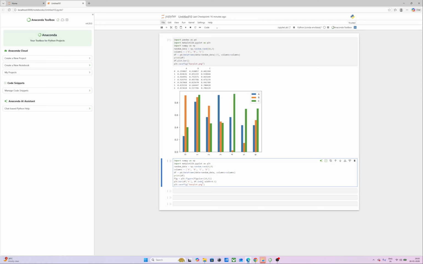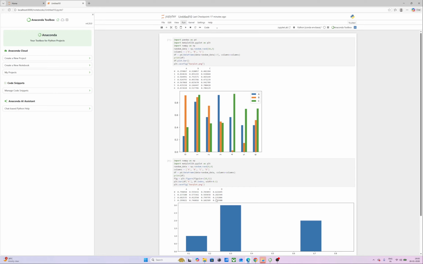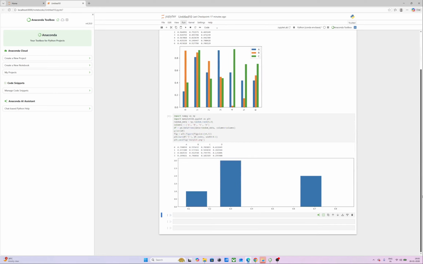And what is happening here? Here you are building this bar plot. Here you are plotting this graph on the basis of the value df A, so that is only the first column, this one. Only on that basis you are plotting this first. On the basis of the first column you are plotting it, and then df dot index and width is 0.1. The width is mentioned as 0.1 for each of the plots, and then you can clearly see that, as we have mentioned here, this blue color, only one column from this data frame is being used,